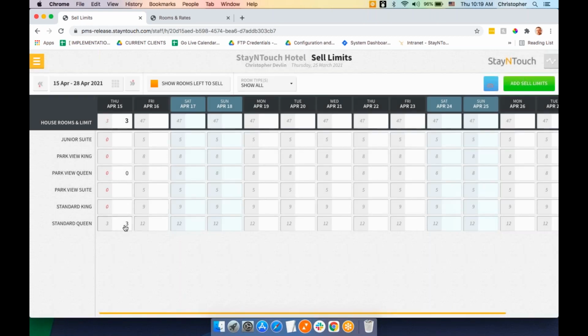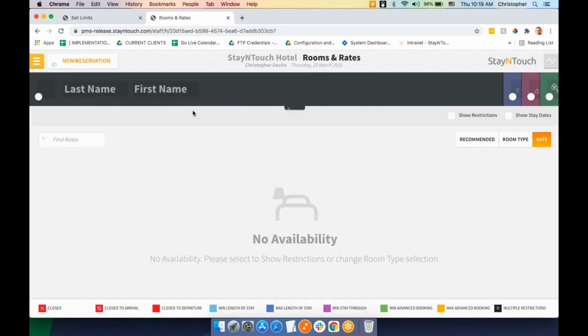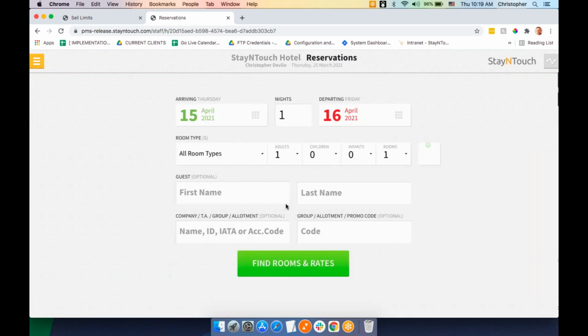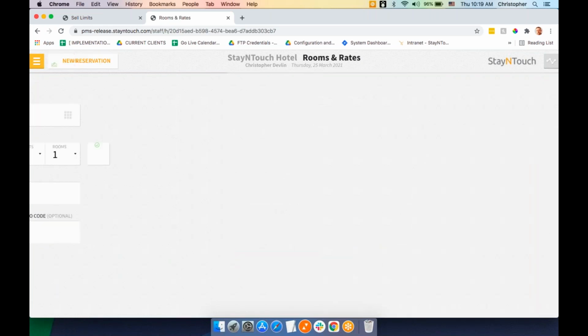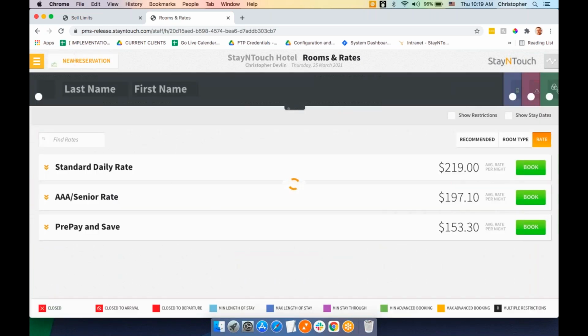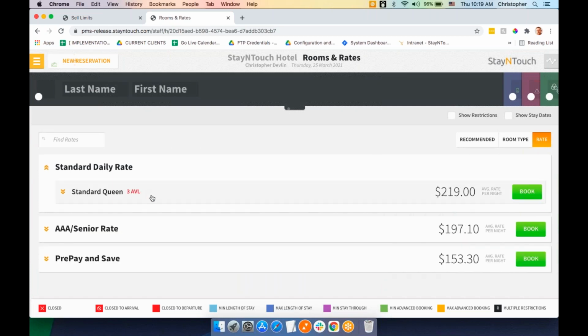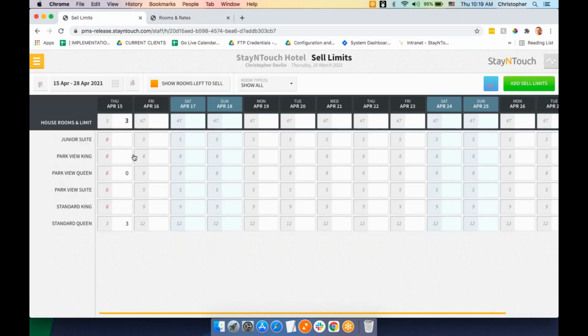And so we've overbooked the room type by 3, but we're also allowing us on the PMS level to book those 3 rooms. So now if I do that same search, and now you'll see if I go into my standard daily rate that we have 3 standard queens available for sale. So logically, if you think about it, what you could do here is you can set the overall availability